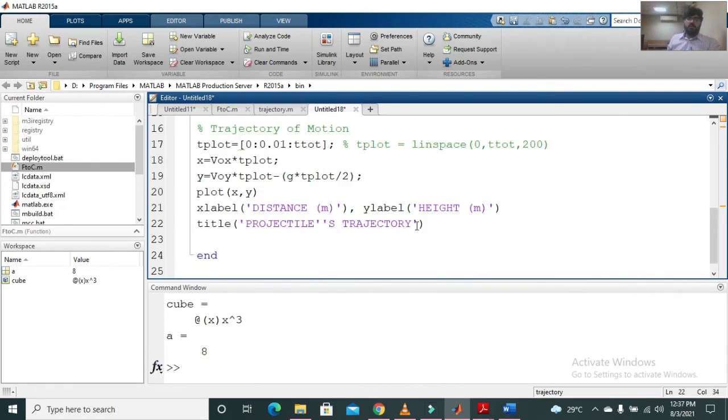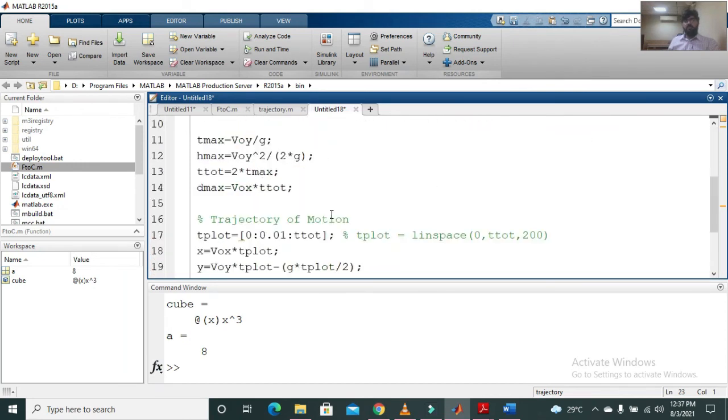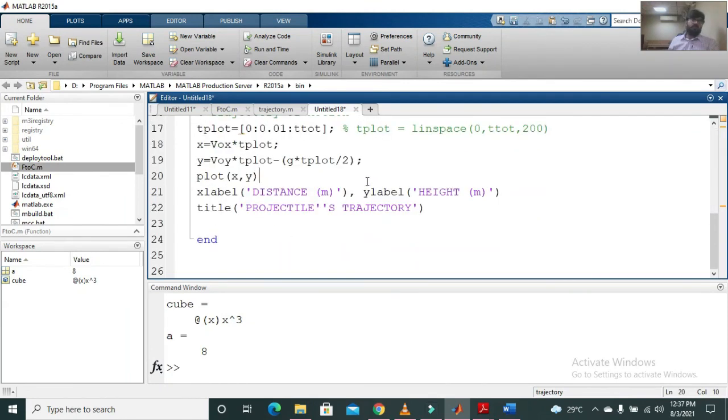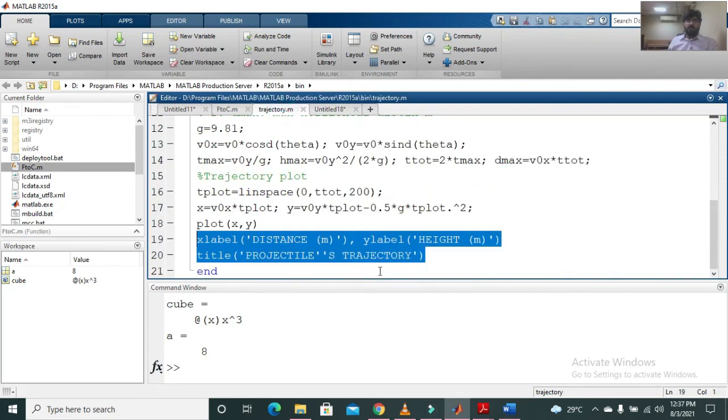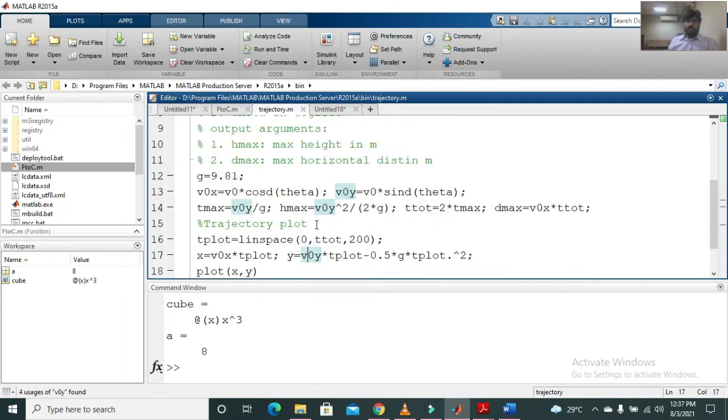So this is what my function file appears to be. Again, I am not going to save it because I have already made it, so I will simply use this file.